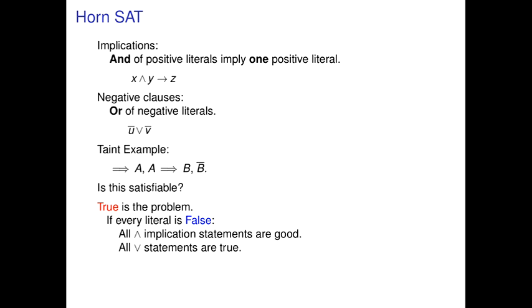Okay? Because if every literal is false, all the or statements are true, except for this one. This implication statement is a weird implication statement. It just says A is true no matter what. Okay? So this is really just saying A has to be true. So except for statements that look like this, which say A is true, which you can represent with an implication where there's nothing on this side,